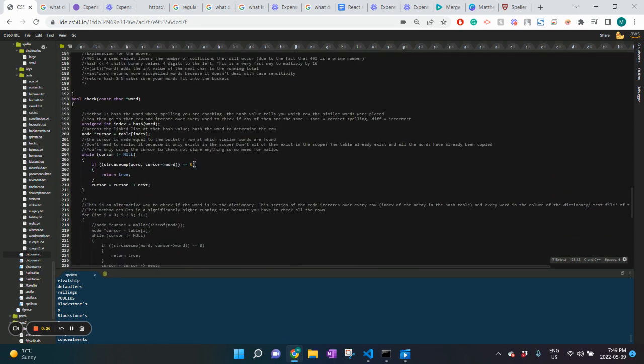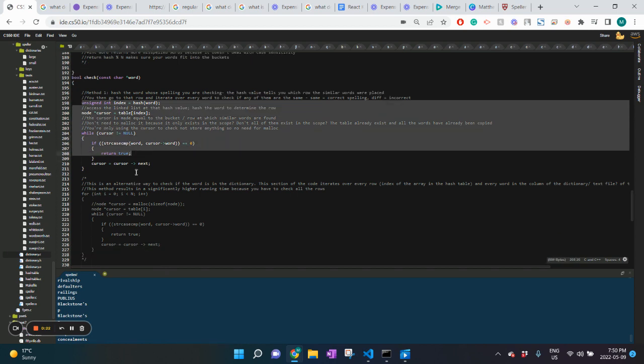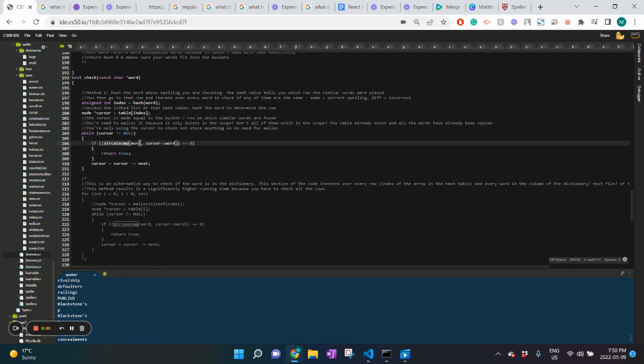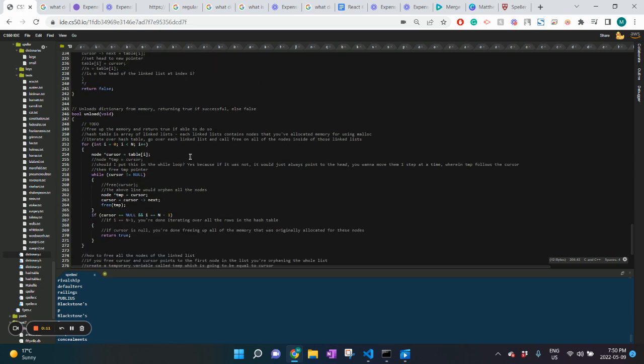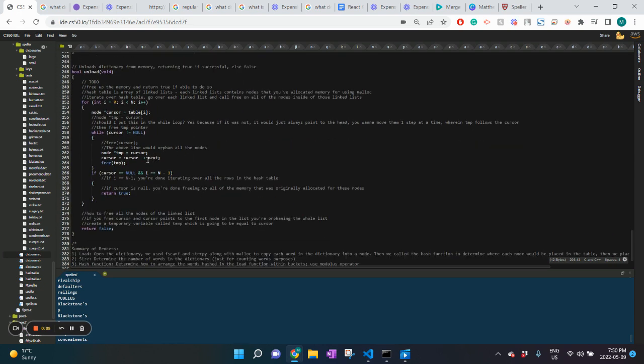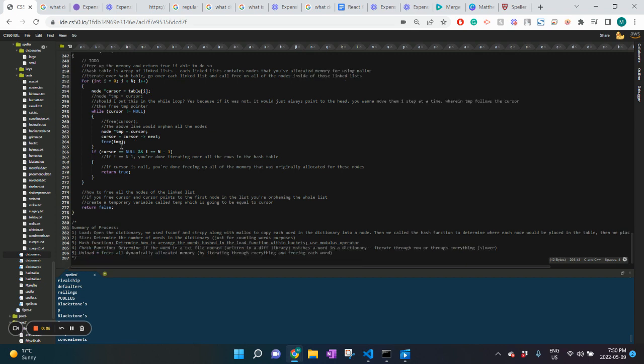Hash, I already explained. And then over here, this iterates through all the words in the text file and does a string comparison to see if the word matches a word in the hash table. And over here, we're unloading everything, so we're freeing all the memory we used to load in the hash table. And yeah, this works in